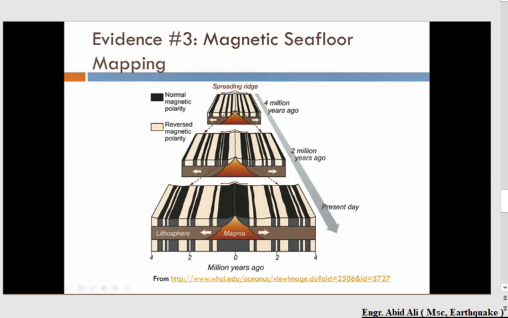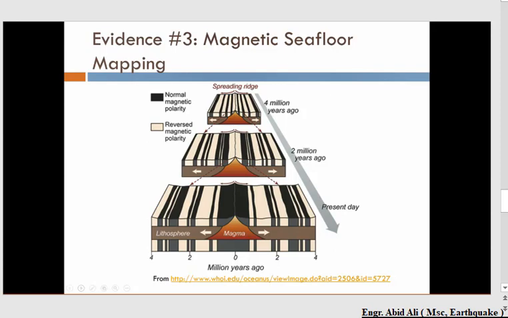This was more so a Cold War kind of thing, and so they started mapping the seafloor with all different types of instruments, including a magnetometer. And when they started looking at the magnetometer records from the military, they started seeing some very freaky patterns. So every ocean has what we call a mid-oceanic ridge or a spreading ridge.